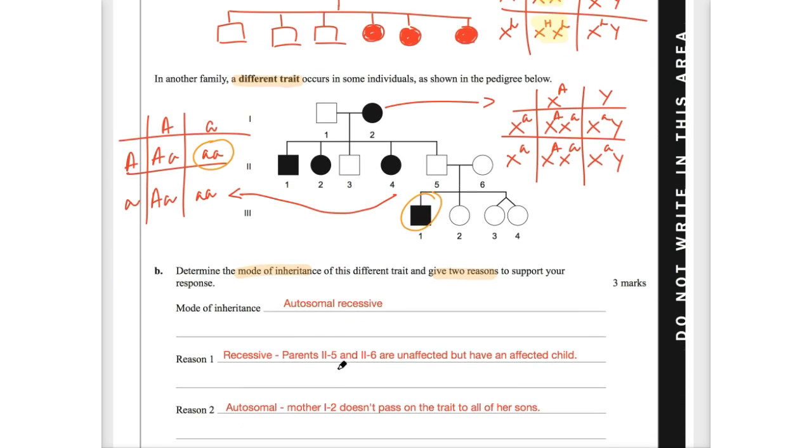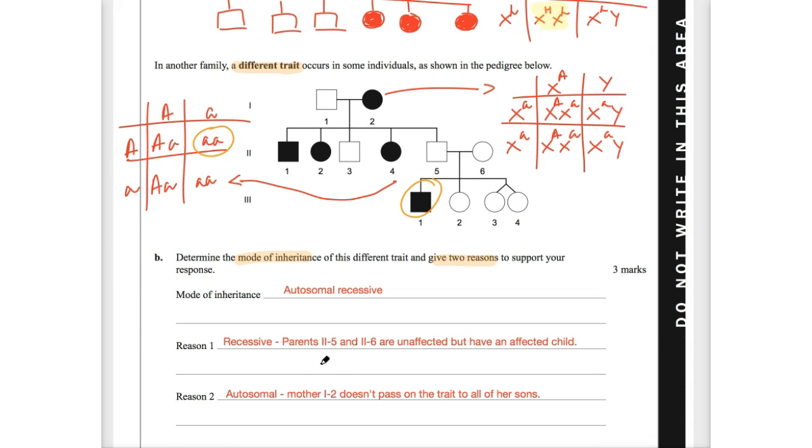I'll give you all of them, and obviously you've looked at the assessor's report already and done the question. But when we look at this, the mode of inheritance is actually autosomal recessive, and I want to break this down into 2 sections and reasons. The first part is that it is recessive, and the question you're probably asking is why? We look at these 2 individuals, the parents from generation 2, II5 and II6. If the mode of inheritance was dominant, then we would be able to assign